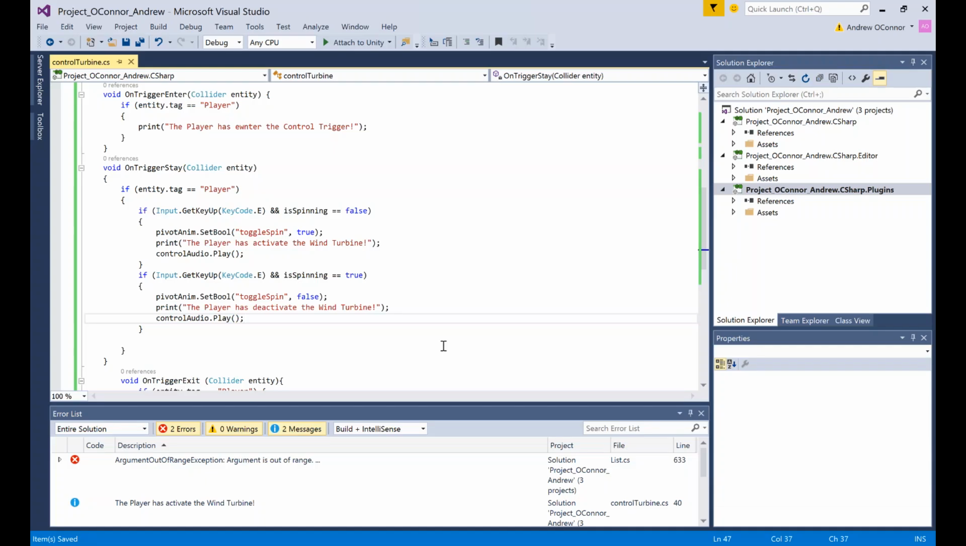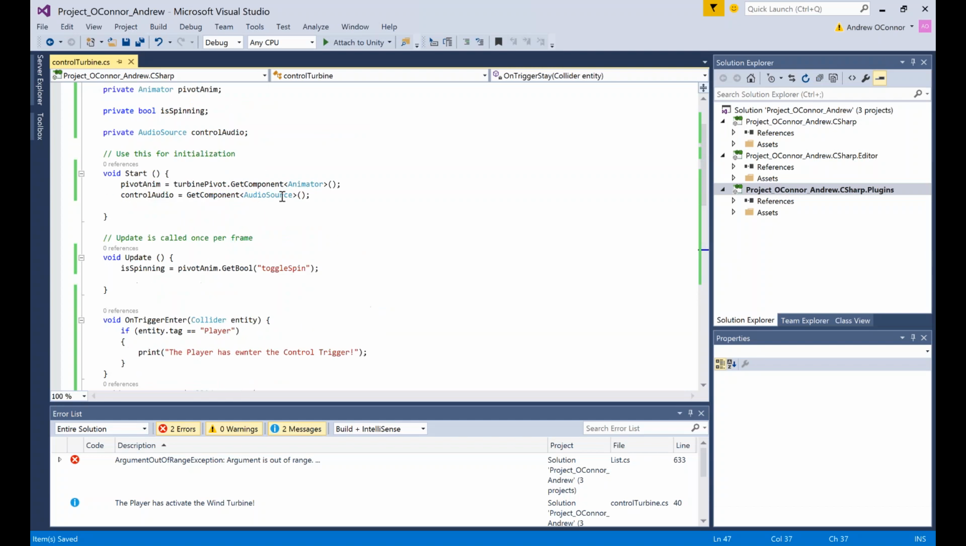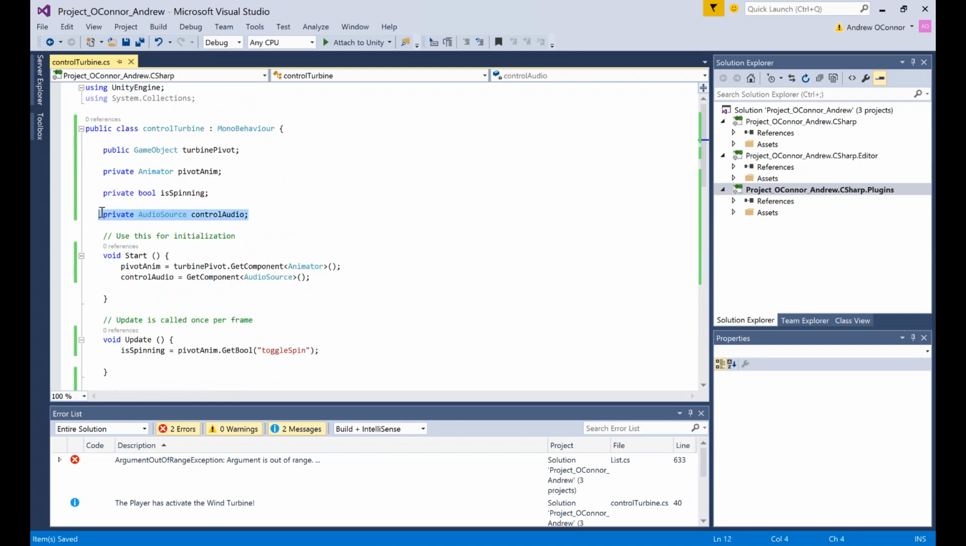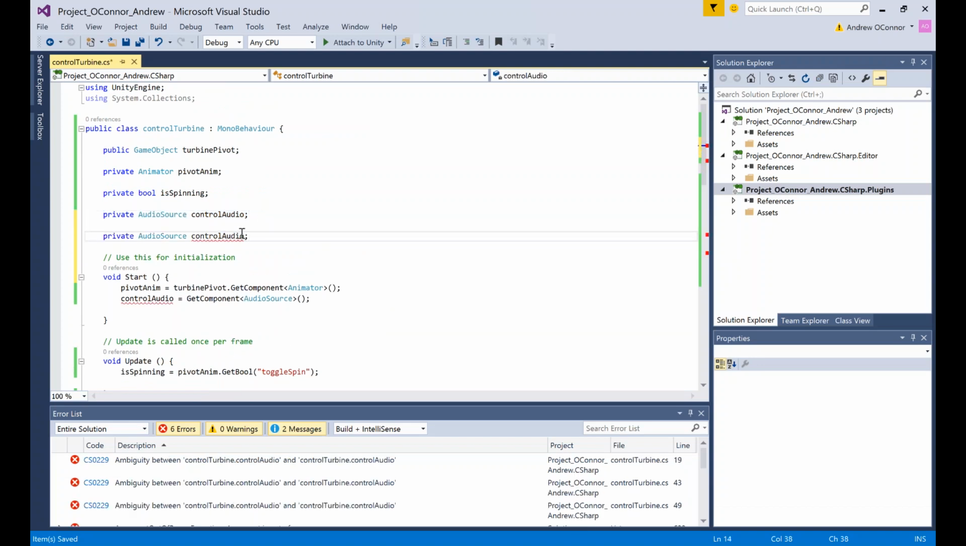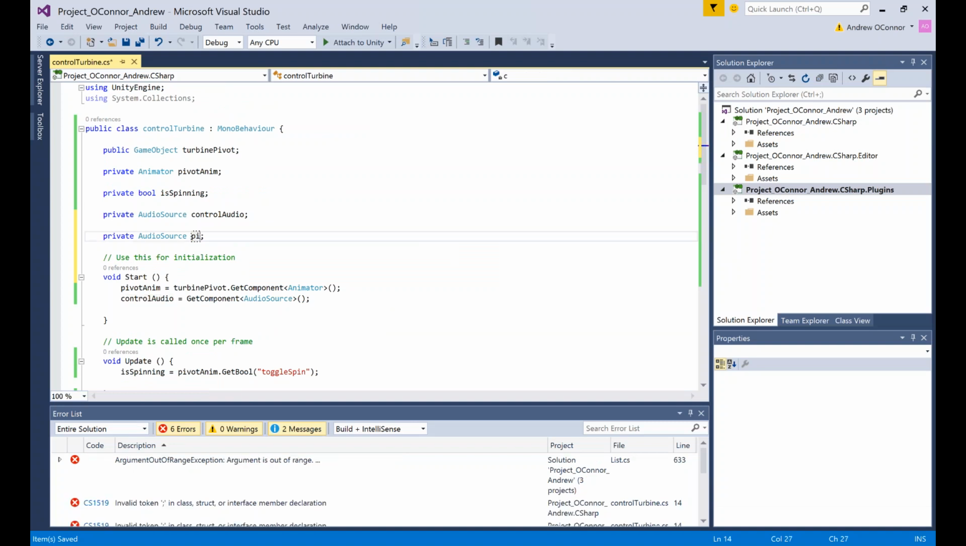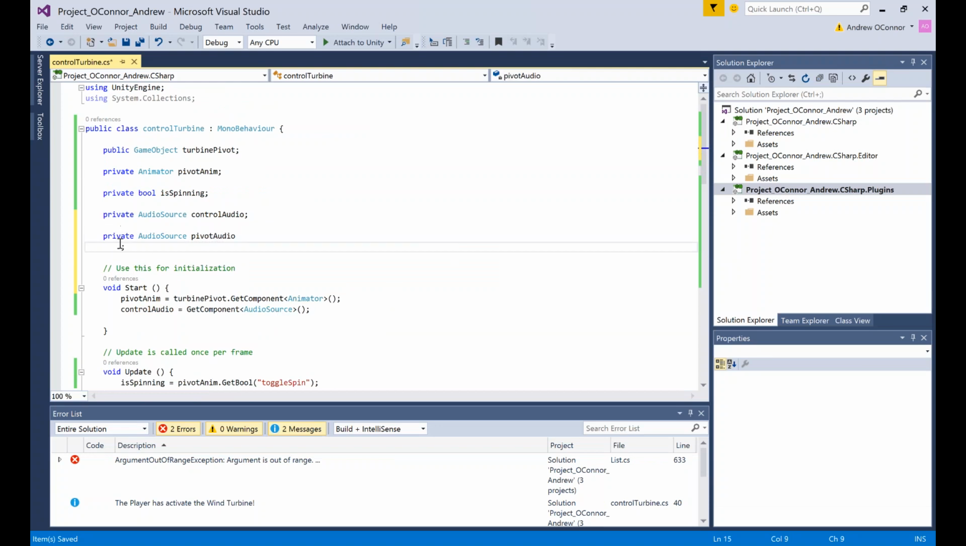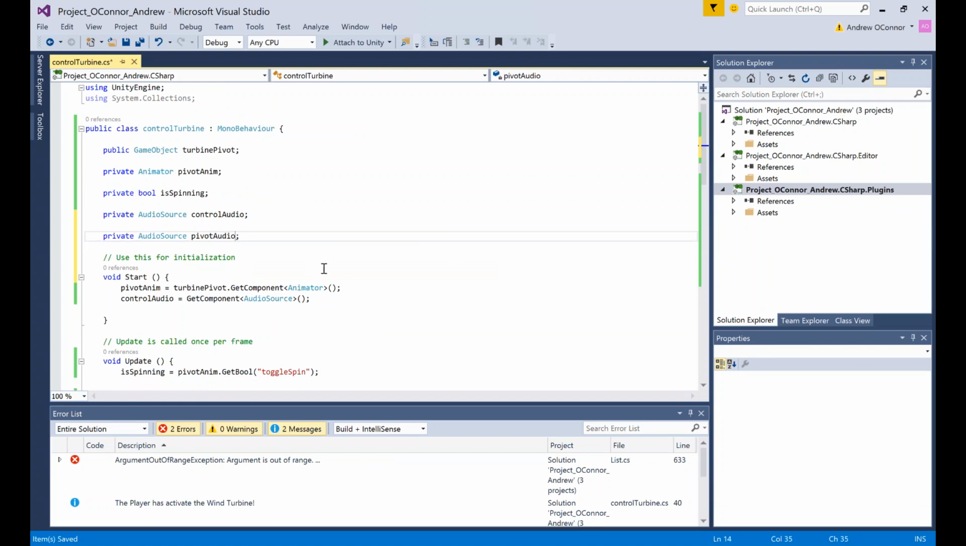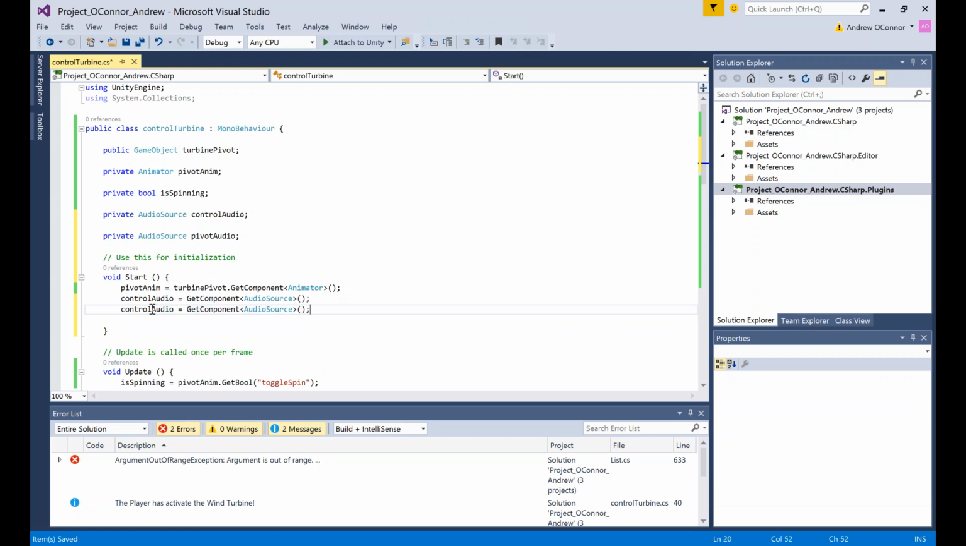And now, just like we did before, we want to do the same thing for the fan spinning noise. So I'm just going to go ahead and copy this line here, copying the audio source. And now let's change the name of this to be something different. So let's call it pivot audio. Okay, and now same thing in our start. We want to set that equal to something. So our pivot audio